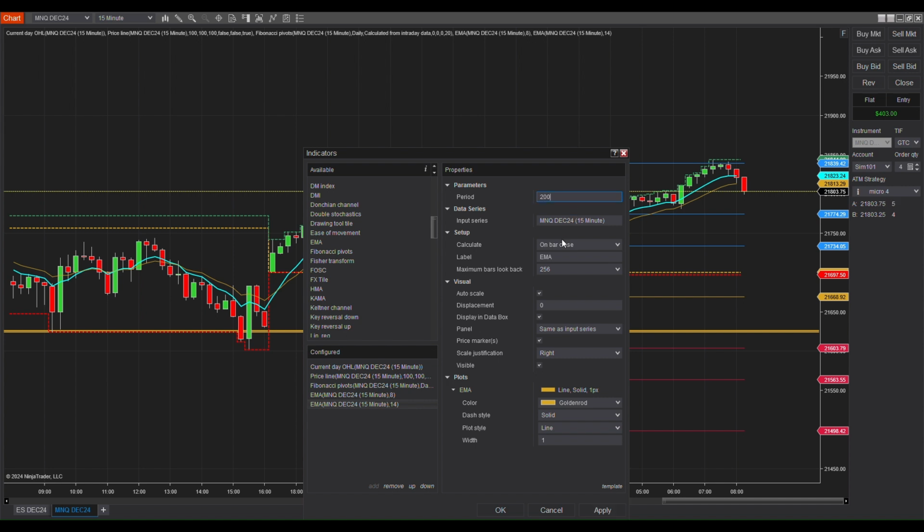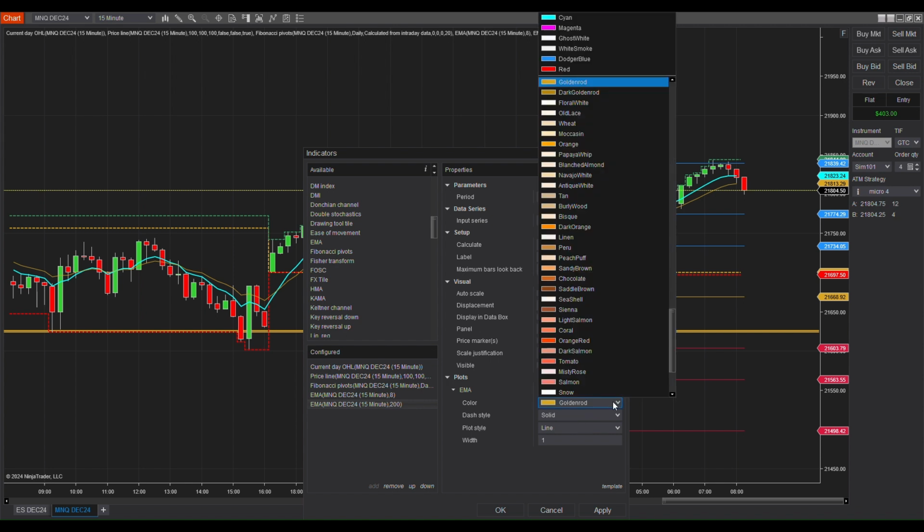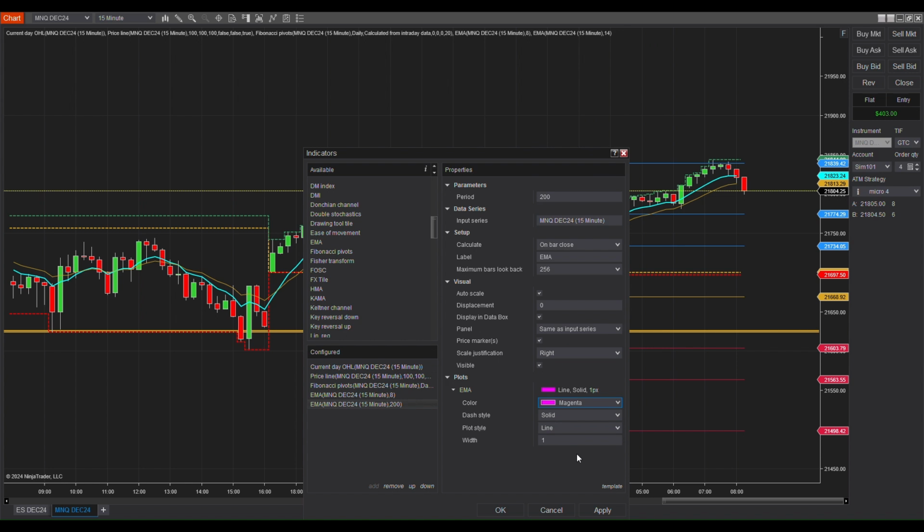This is more of a long-term support resistance level. I like to see where we're at. So I'm going to leave that. Let me see here. That one's okay. I'm going to change this one to magenta, and I'm going to change this to 2, and I'm going to